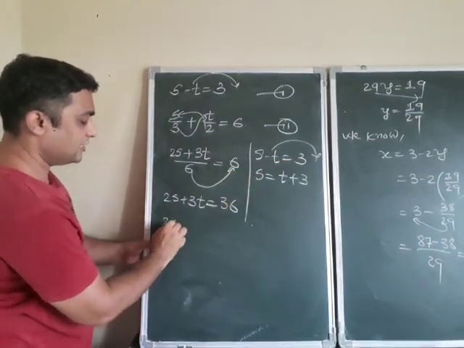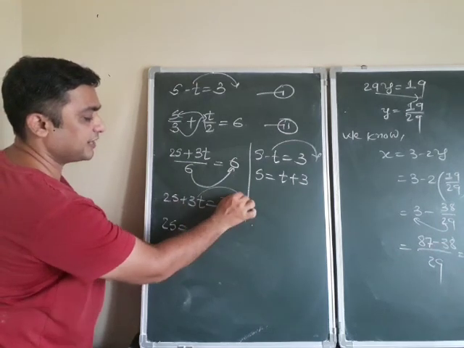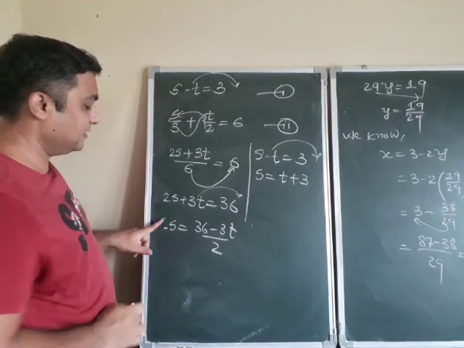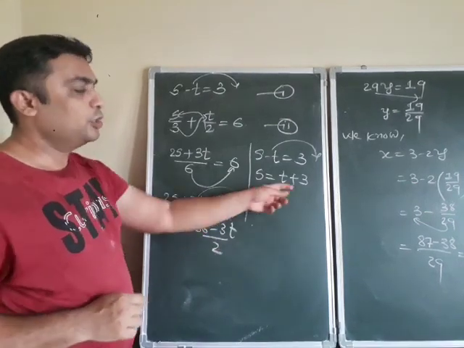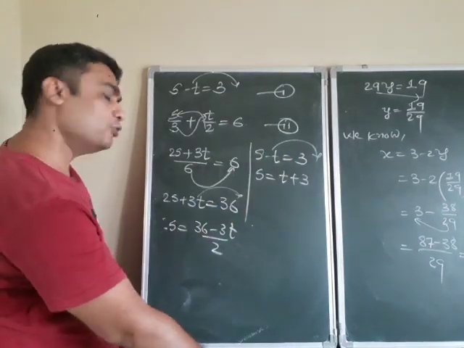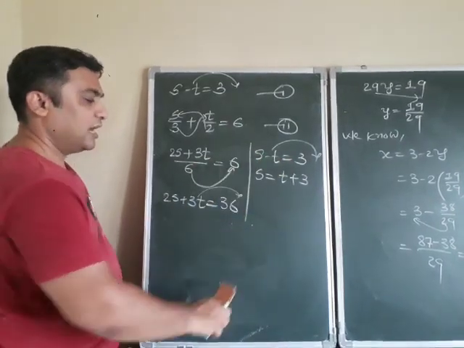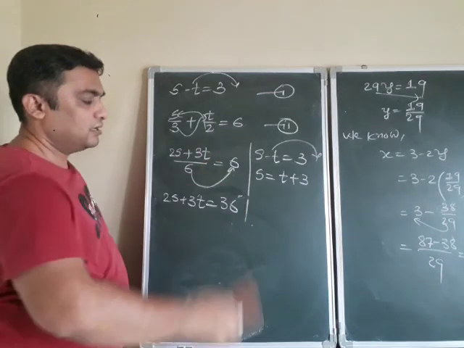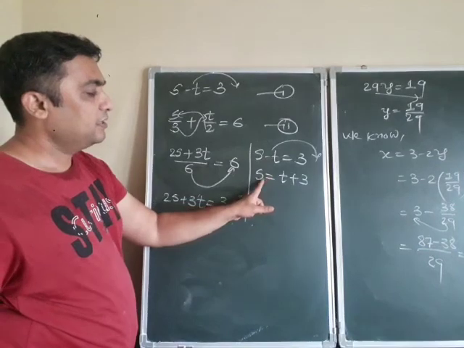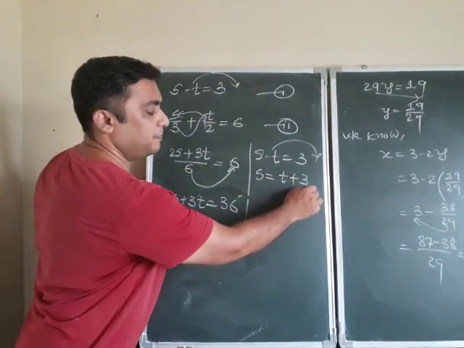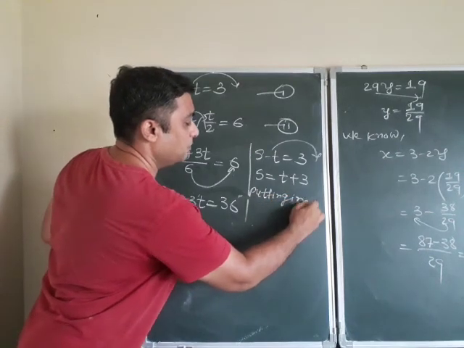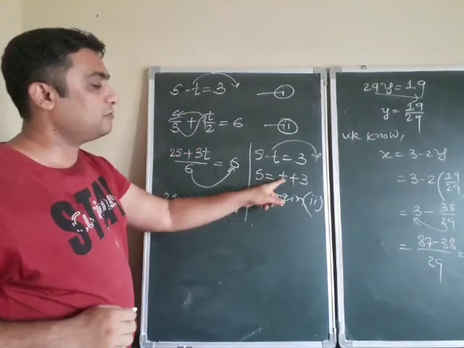So see, in this, 2s is equal to this, on this side, 36 minus 3t, then divide by 2. So I will get this value in a rational form. So this should be more convenient. So you decide whether from here I substitute there. You decide. The decision is yours, and you can decide by looking at the equations. Okay, which one would be easy? So from here I get the value of s is equal to t plus 3, putting in number 2. So I substitute this value in number 2.